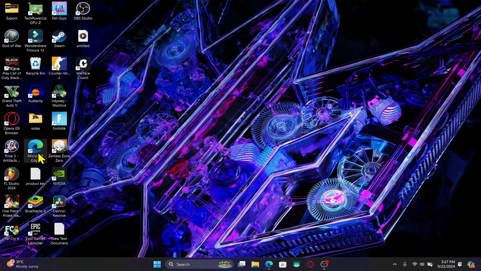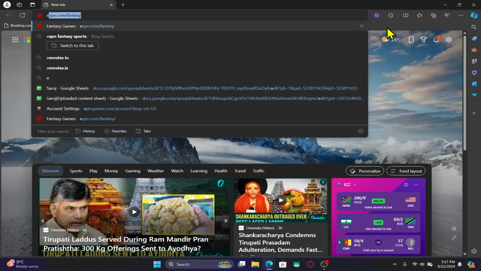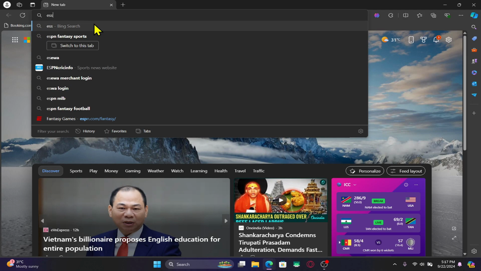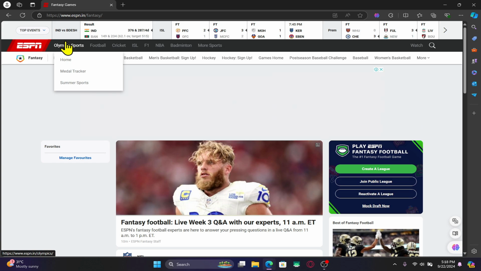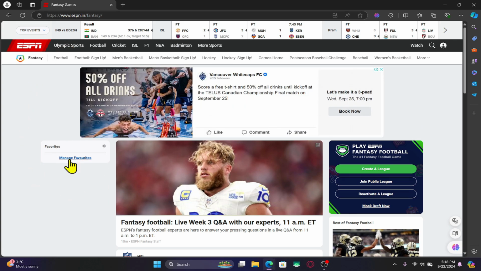First of all, open up your web browser and then in the address bar type in espn.com/fantasy and press enter. You will now be taken into the official ESPN Fantasy Sports website. If you haven't logged into your account already, click on the login button within the homepage and proceed forward with